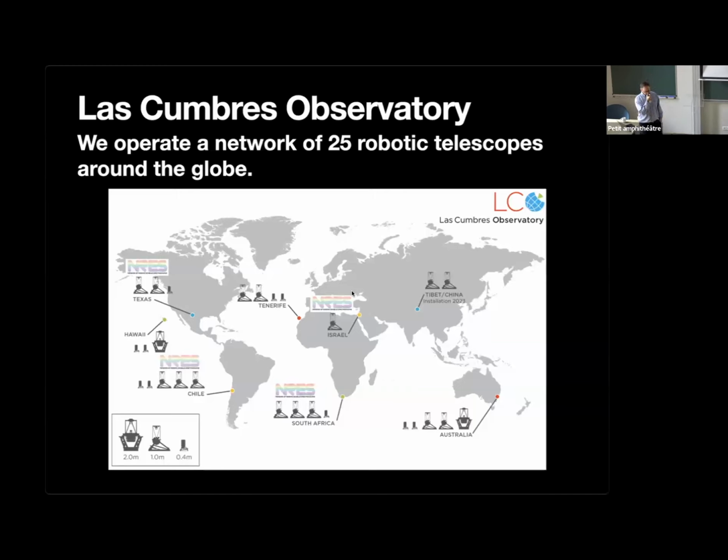They're all on established observatory sites, but we really don't have any of our own LCO people anywhere except Hawaii and Australia, where our 2 meters are. Everything is automatically controlled robotically. On the 1 meters and the 40 centimeters, we have a series of imagers. On the 2 meters, we have low resolution spectrographs. And wherever you see this NRES little logo here, those are where our 1 meters have fibers connected to our echelle spectrographs.